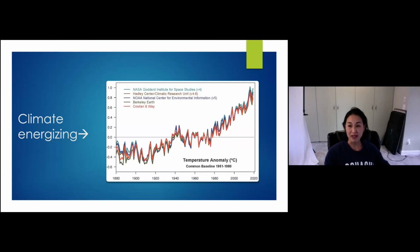So rather than the concept of climate warming, a lot of people have turned onto this concept of climate energizing. So there's an increase of energy going into our planet. So not just warmth, not just heat, but energy that has all sorts of unpredictable effects. Things like jellyfish blooms clogging nuclear power plant engines, things like algae blooms,